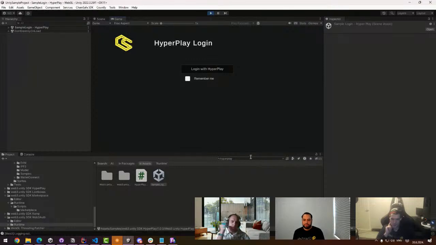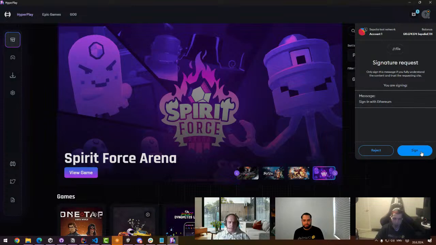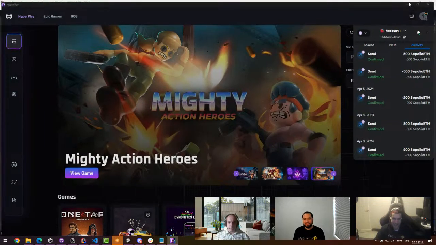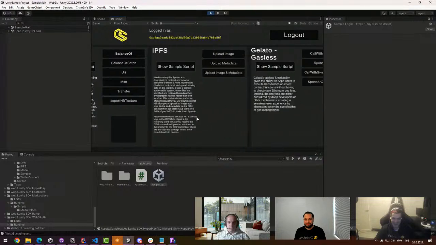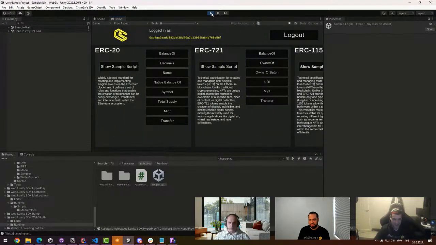We have Web3Auth, we have MetaMask for WebGL, and we have WalletConnect for everything other than WebGL. So there's 4 providers. Now if you want to log in with Hyperplay, you just click that button and then your MetaMask wallet pops up here. You click sign and you're signed in. And now you can do everything from within our SDK, easy peasy.